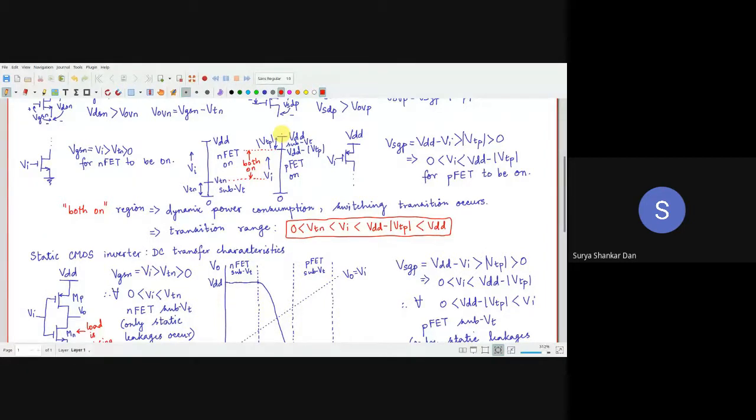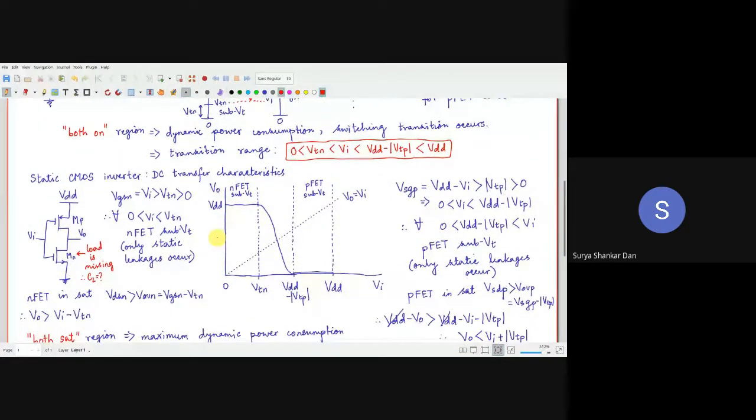However, the main power consumption, so to speak, will occur when both the transistors are switched on. The mathematical expression for that region is something which I have put within the box over here. We can call it the transition region, when the CMOS logic is doing a transition or switching between 0 and VDD values. Excellent. So that's where we finished off in the last class.